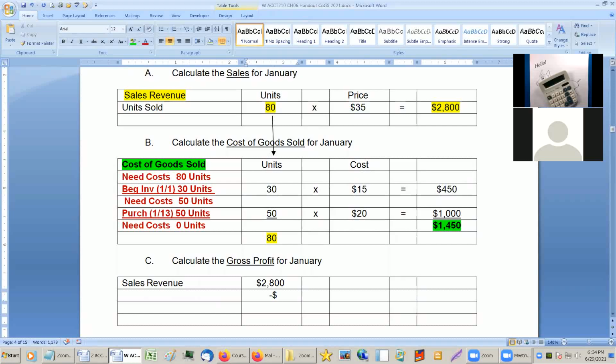$2,800 was the sales. $1,450 was the cost of goods sold. Whatever's left over, $1,350. So 2,800. Okay, so this is